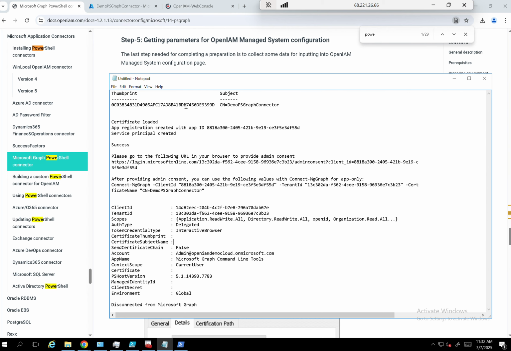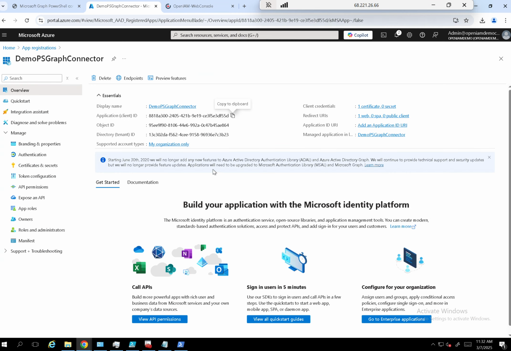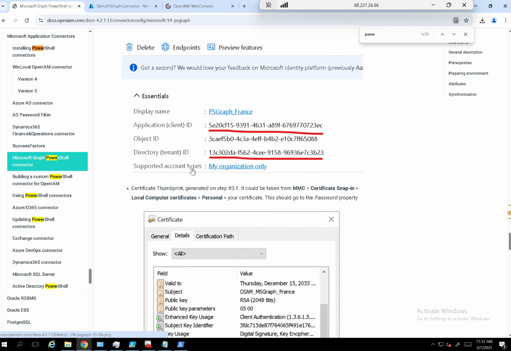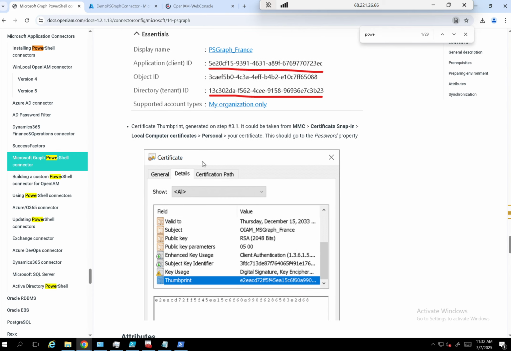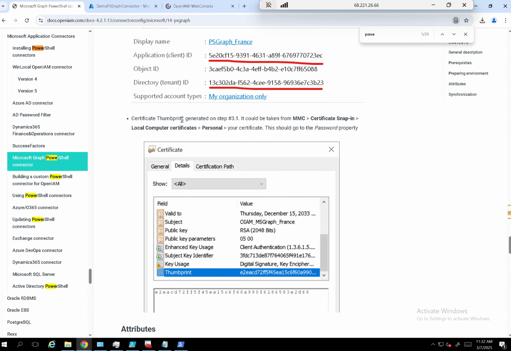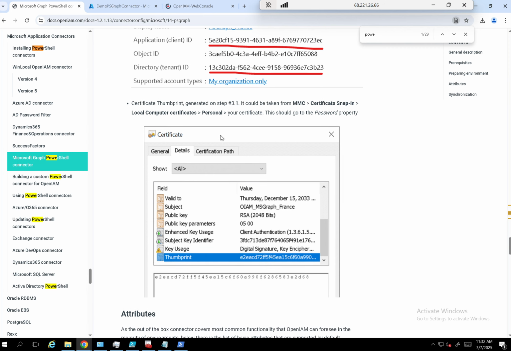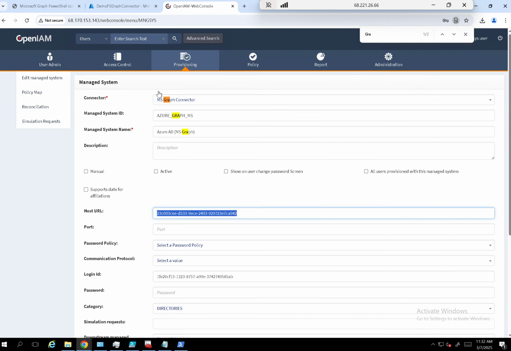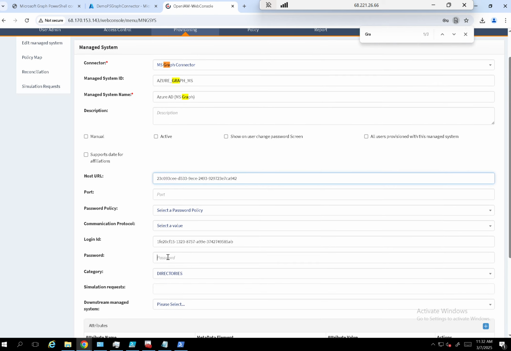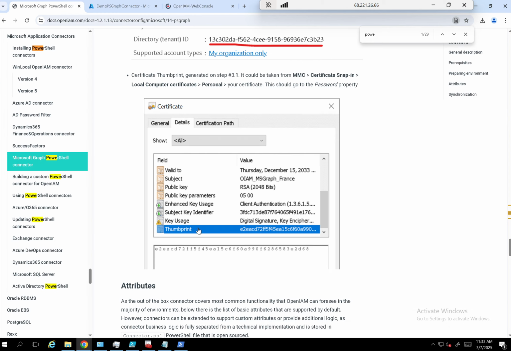Also, it is possible to see it on the page of the application. So we have the tenant ID and the application ID here. We will need this later to put inside the OpenIAM configuration, and we will also need a password property, which is not a full password. The password should be put as a thumbprint of the certificate